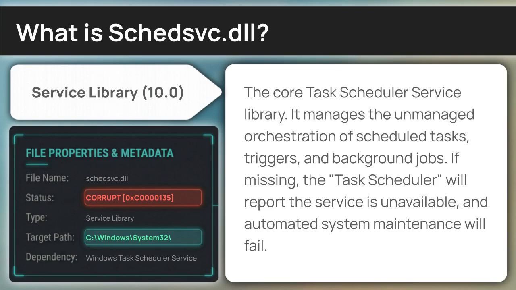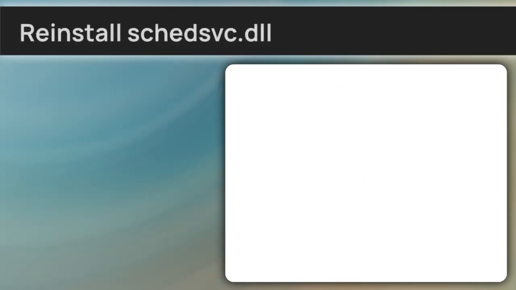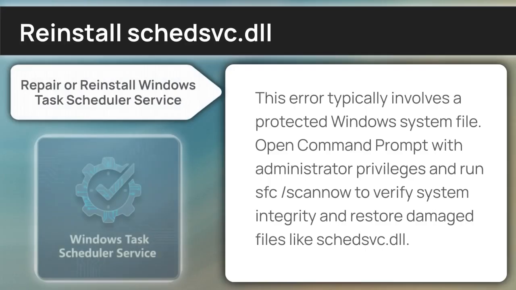Now that you're up to speed on the file's role, let's begin the repair process. This error typically involves a protected Windows system file. Open Command Prompt with administrator privileges and run sfc /scannow to verify system integrity and restore damaged files like Schedsvc